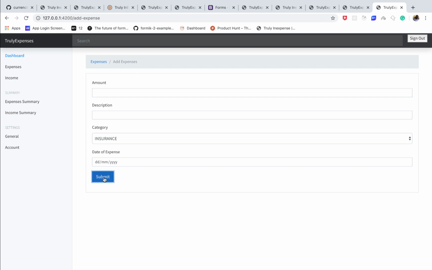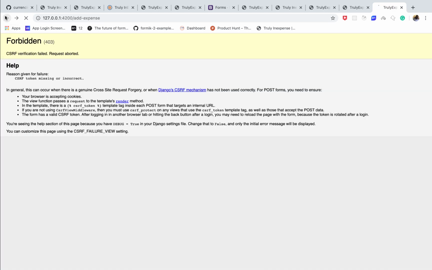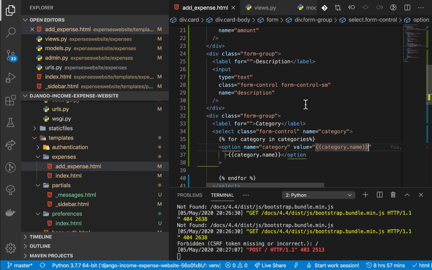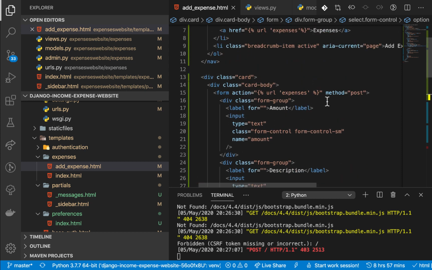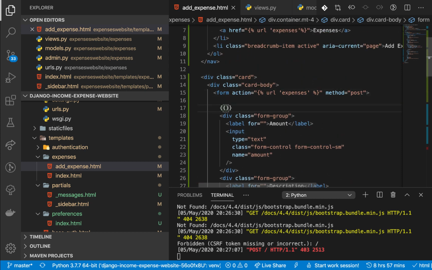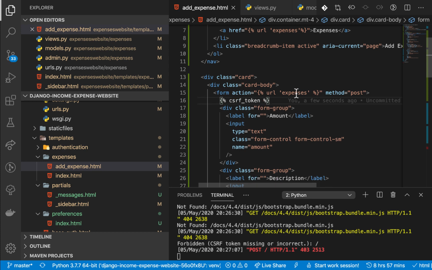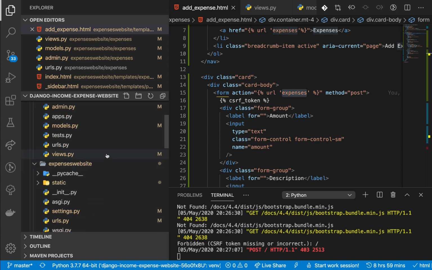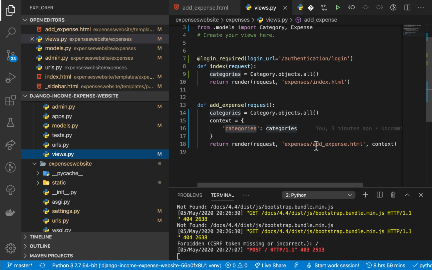So right here, when we click submit, we need to first validate that form. But first, let's add our cross-site request forgery token. In every form we have to add it, just so it can protect us from all those vulnerabilities in the web. So have it there, and then we need to create a view to handle this post request. So in the views.py,